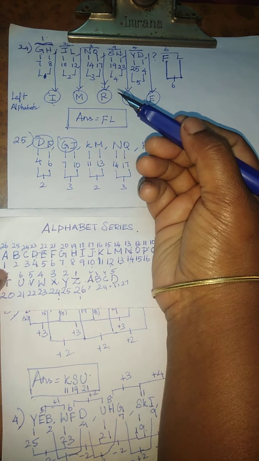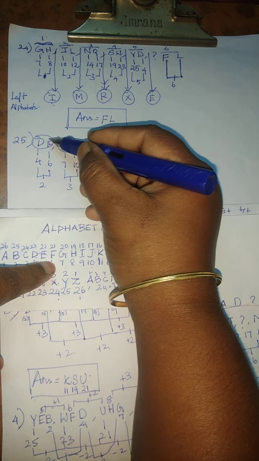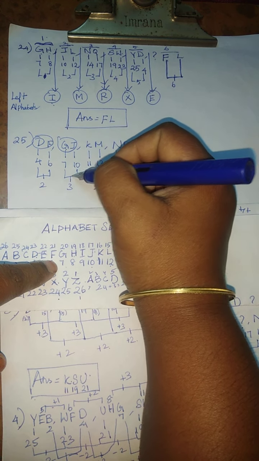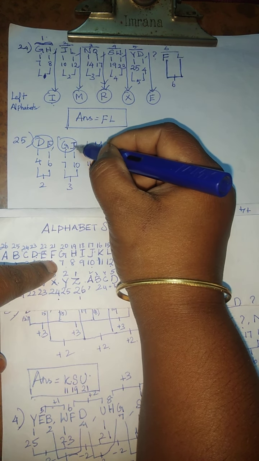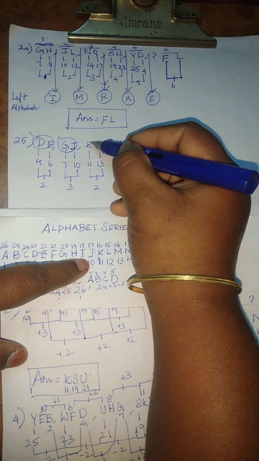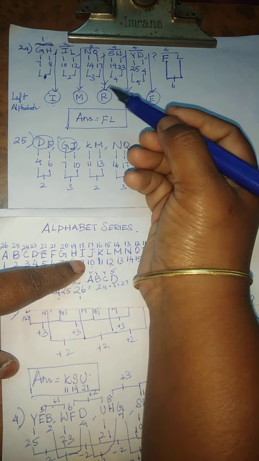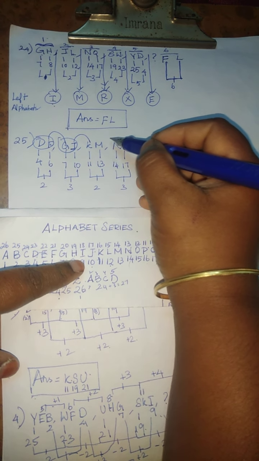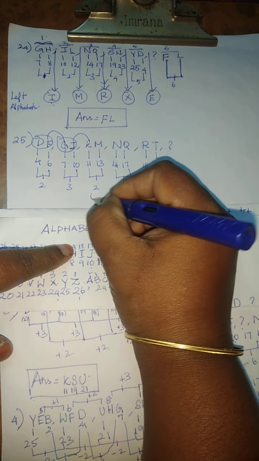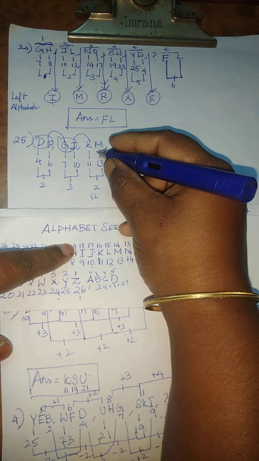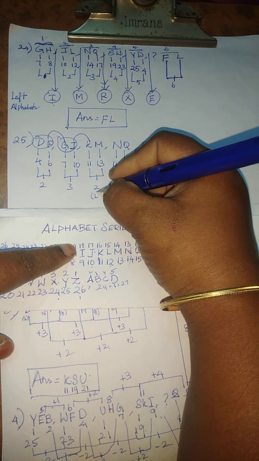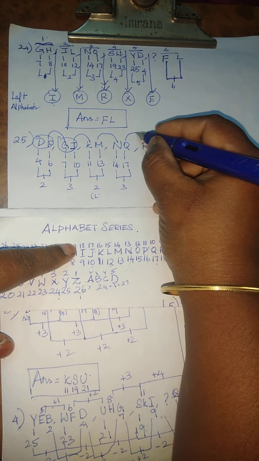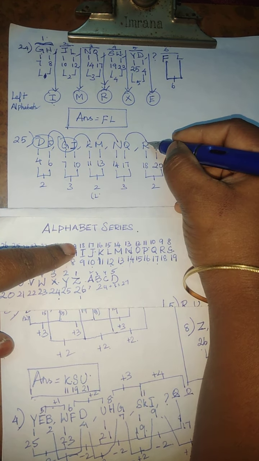Yes, it's in ABCD series only. A, B, C, D, E, F, G, H, I, they leave 2 letters, and the third is J. Then I, J, K, next. Yes, this is in series only. After F, it's G, J, K, L. They leave 2 letters, K, L. The next letter is M. M, N, then Q, R, then S, T.